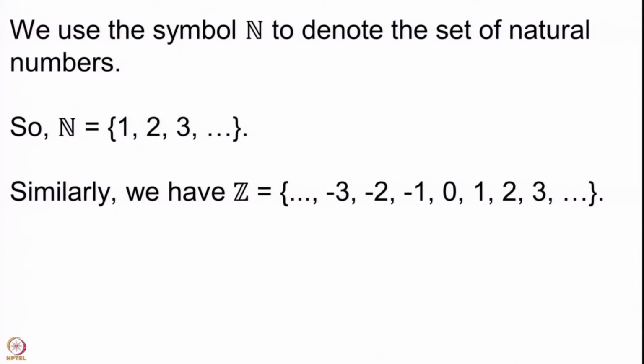In German, whole numbers or complete numbers, those which are not fractions, are called Zahlen. The spelling is Z-A-H-L-E-N, that is the plural. So, Z comes from that Zahlen. Okay. So, we have two sets now here. We have the set of natural numbers which is 1, 2, 3 onwards, and we have the set of whole integers, or all integers, Z, which comes from negative infinity, then you have minus 3, minus 2, minus 1, 0, 1, 2, 3 and then you go on. So, it goes to infinity in both the directions.